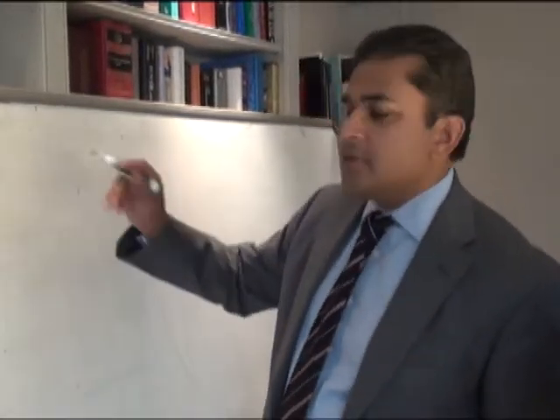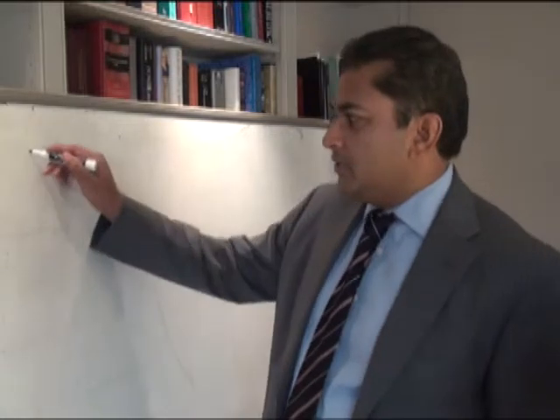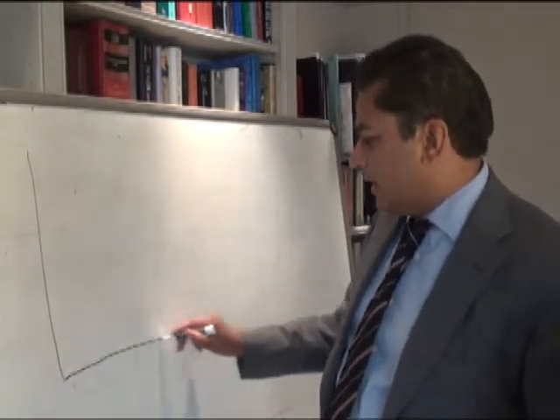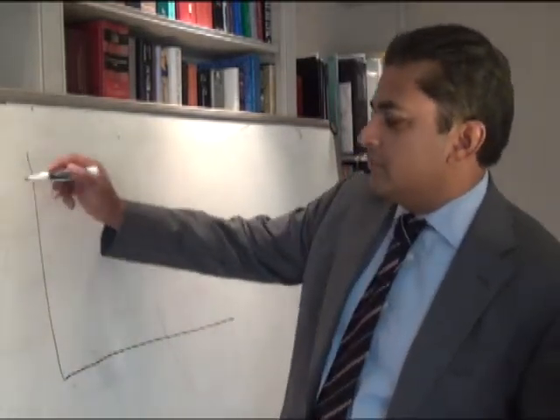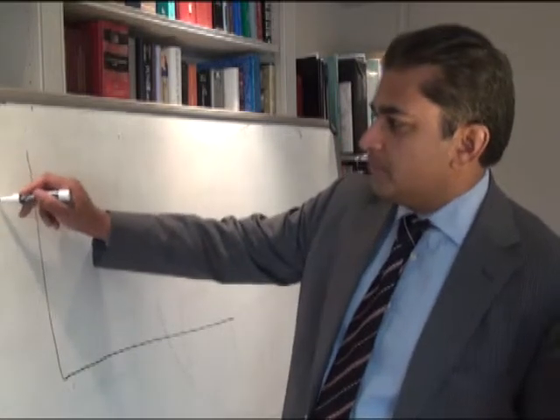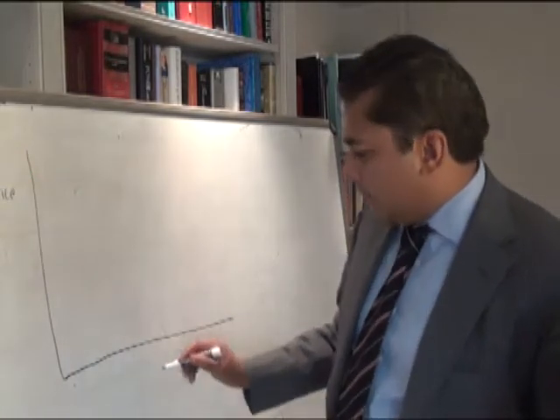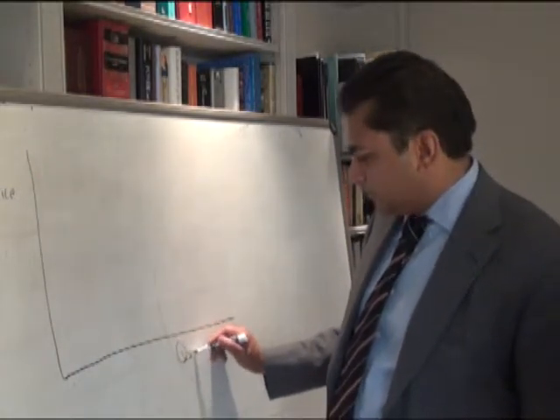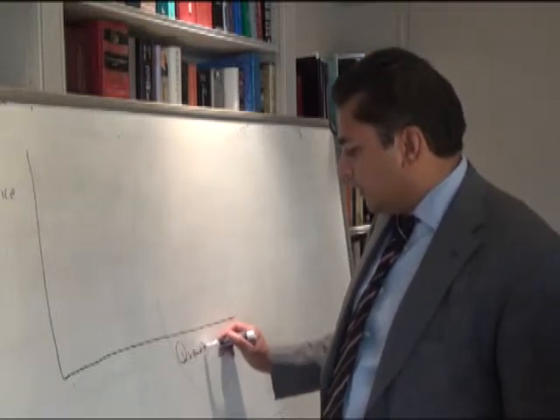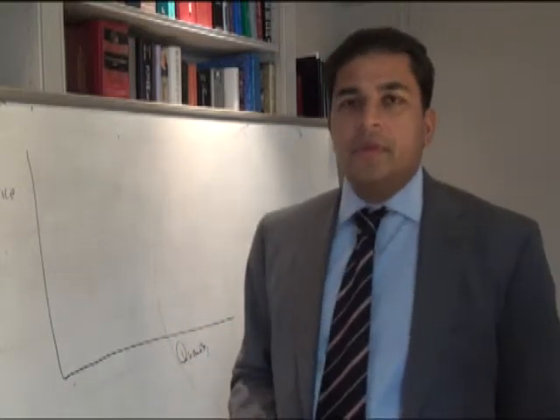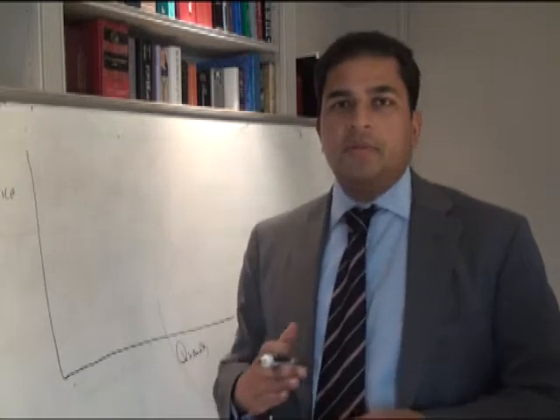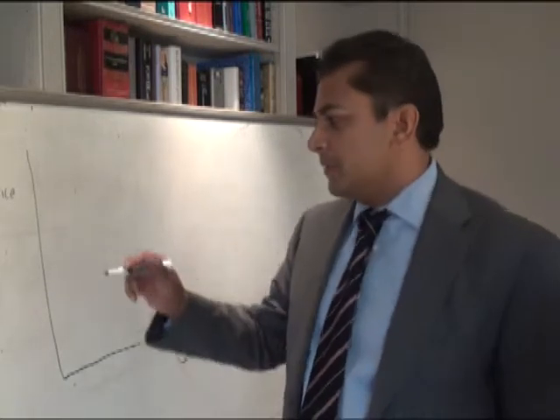So what happens when we distort a market? And the best way to describe this is to look at the classic, in economic terms, supply and demand curves. So we have price here, and we have quantity here. Now, in an ideal market, one where the demand and supply curves are working well, a market that's working properly, that's undistorted,